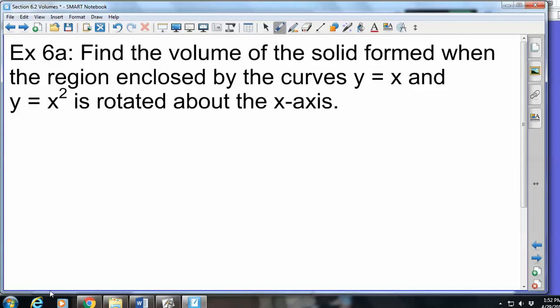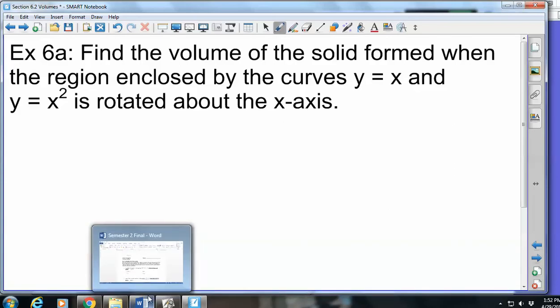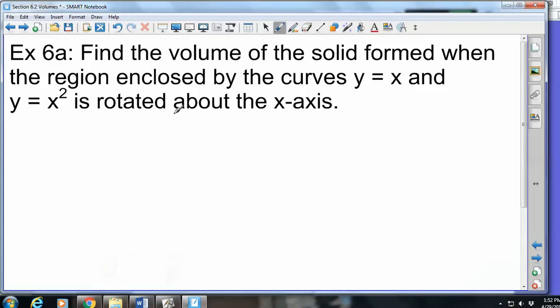I want to find the volume of the solid formed when the region enclosed by the curves y equals x and y equals x squared is rotated around the x-axis. This is already different than Friday because I've given you 2 different curves here. Friday we were just taking a single curve and rotating it around the x-axis. So if we draw a picture,